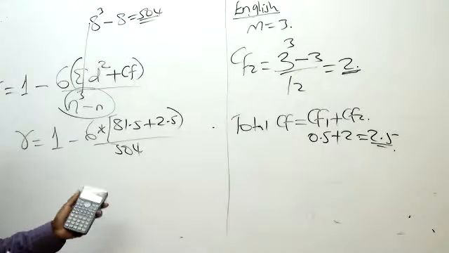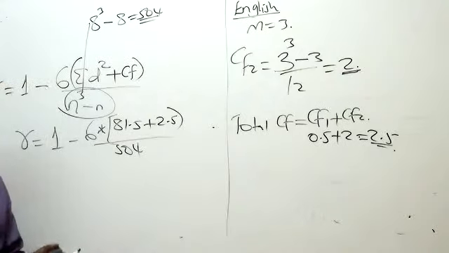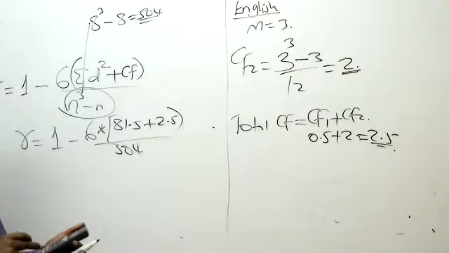What are you able to get? Because mine, I think, has a battery issue. So it will be 6 times brackets, 81.5 plus 2.5, close, divided by 504, which gives me 1 exactly. Then now 1 minus 1